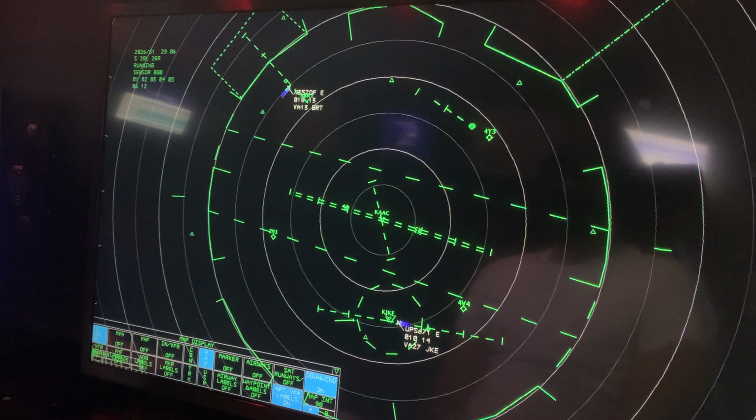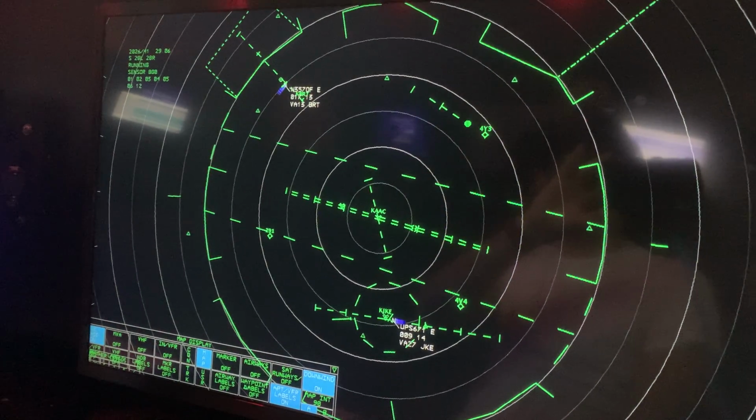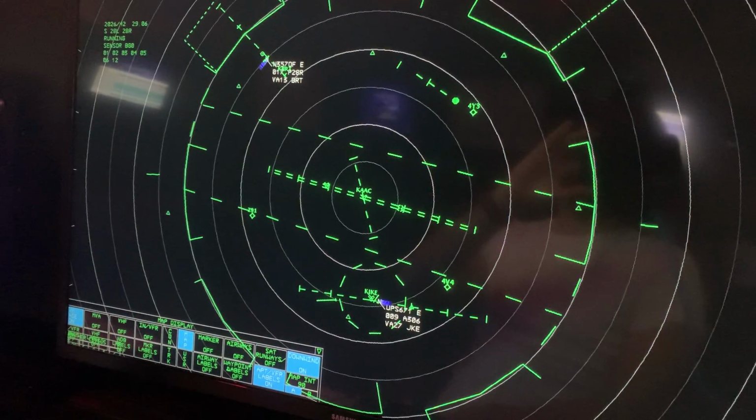Looks like you've cleared them. Yeah, they're cleared to land. So you're good. Done. Okay. I don't think he cares about actually watching it happen. I mean, even if they go missed, it's gonna be like